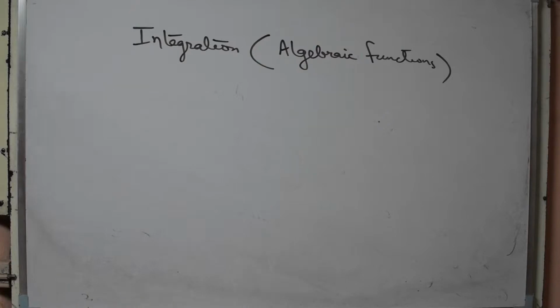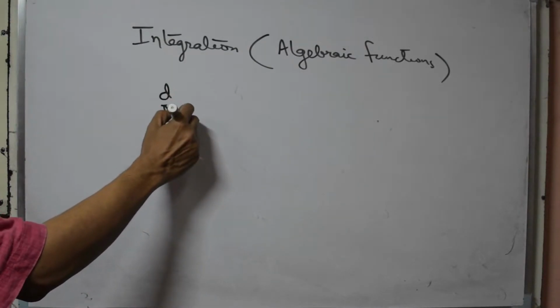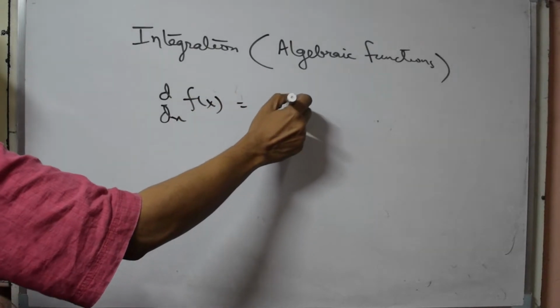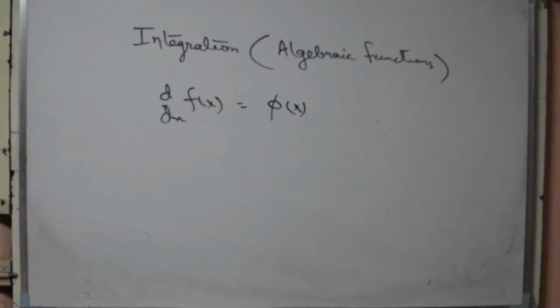Integration is the reverse process of differentiation. That means it is also considered to be anti-derivative. That means when we integrate some function, we consider that the function is the derivative of another function. That means if I have the derivative of a function f(x) as phi(x), let's say phi is a notation, then